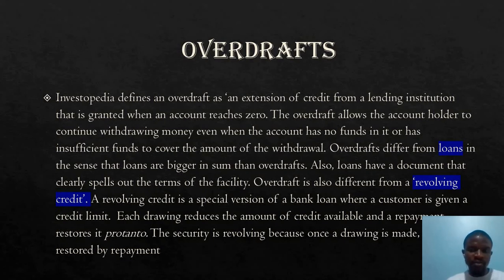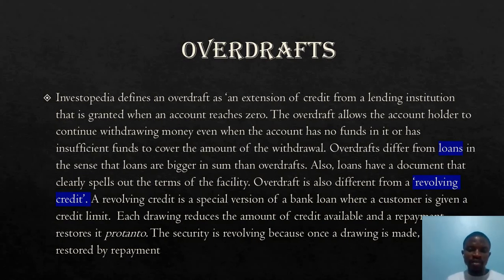It is different from a loan. Why? Because in a loan, you actually have to sit down and sign documents. The documents have to decide how much you are going to pay back, how the bank will take its money back, and usually loans are for a very big sum of money. Overdrafts are just for a little over the amount of money you have, more like a credit extension of the bank that allows you to take money to a particular level.